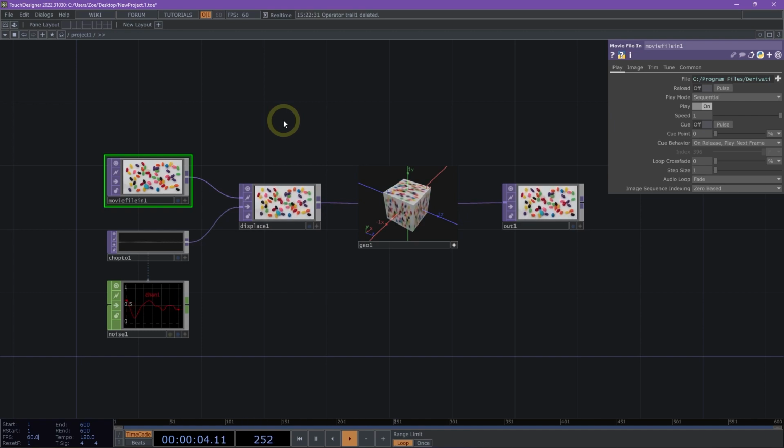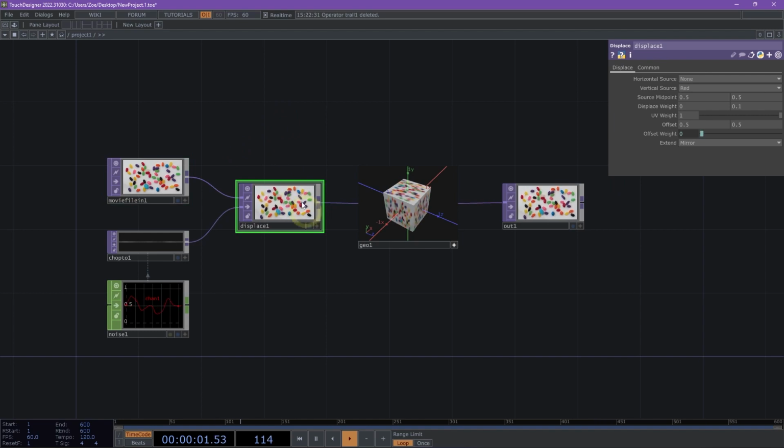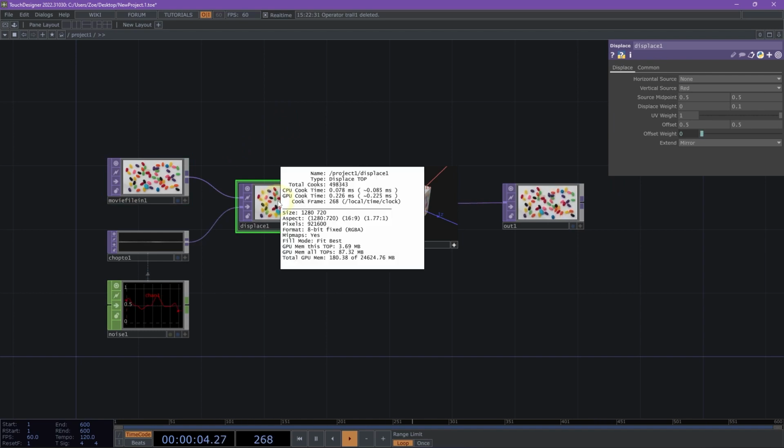But what does that really mean, and how can we investigate that a little bit further? Well, when we middle mouse on an operator, let's look at the display stop here, we have a CPU cook time available to us. And that here for our displays is about 0.09 milliseconds. What we want to do is make sure that our budget for all of our cook times stays under that 16 millisecond budget to make sure that our project here running at 60 frames per second